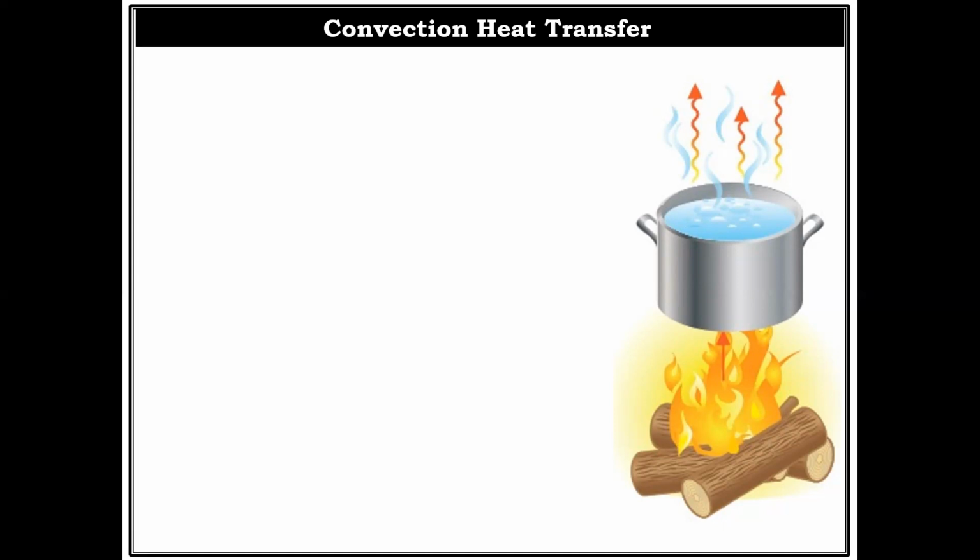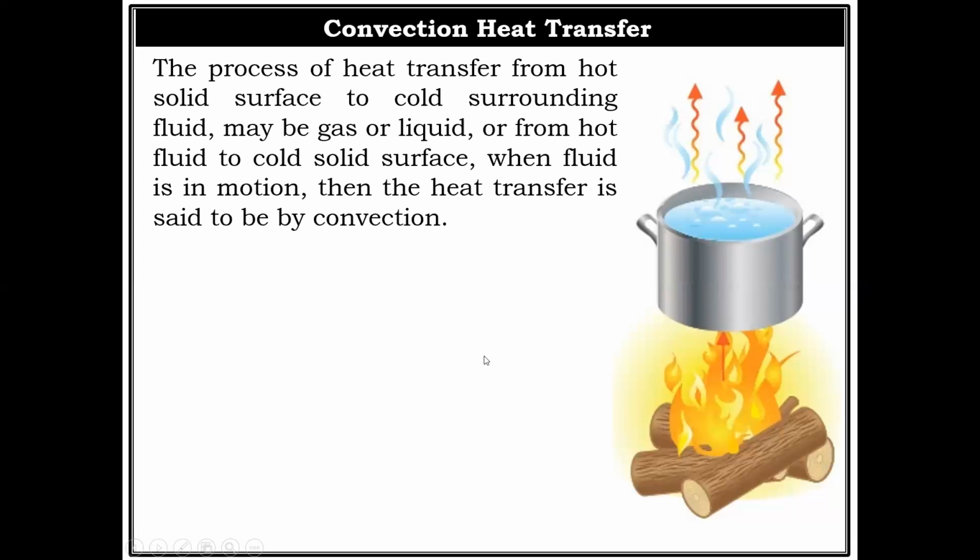And then from the inner surface of the pan to the liquid inside the pan, that will again be convection, because the liquid in contact with the hot pan bottom gets heated. As it gets heated, density decreases, then lower density fluid travels upward and higher density fluid replaces it, then again it gets heated. So a convection current is set up and such motion continues. So this is heat transfer by convection. So convection is whenever there is fluid motion.